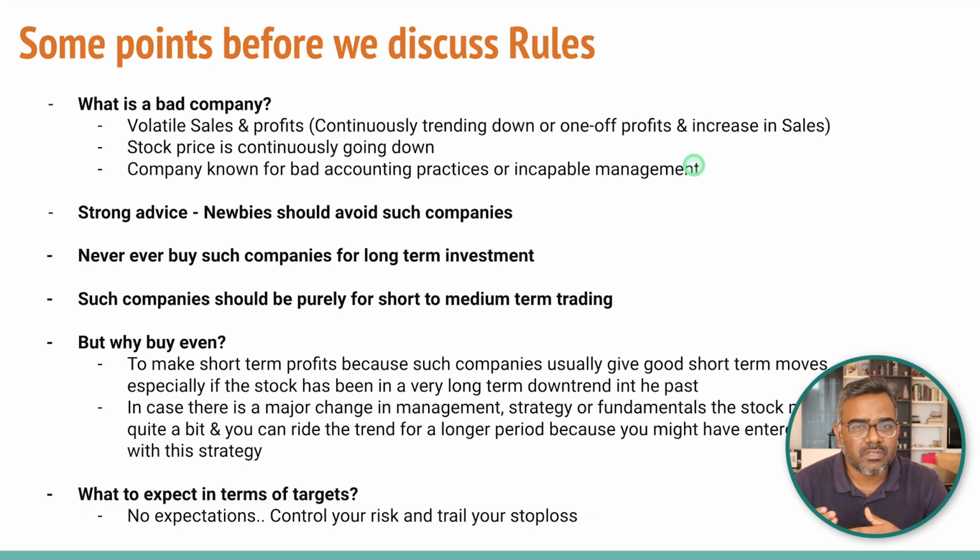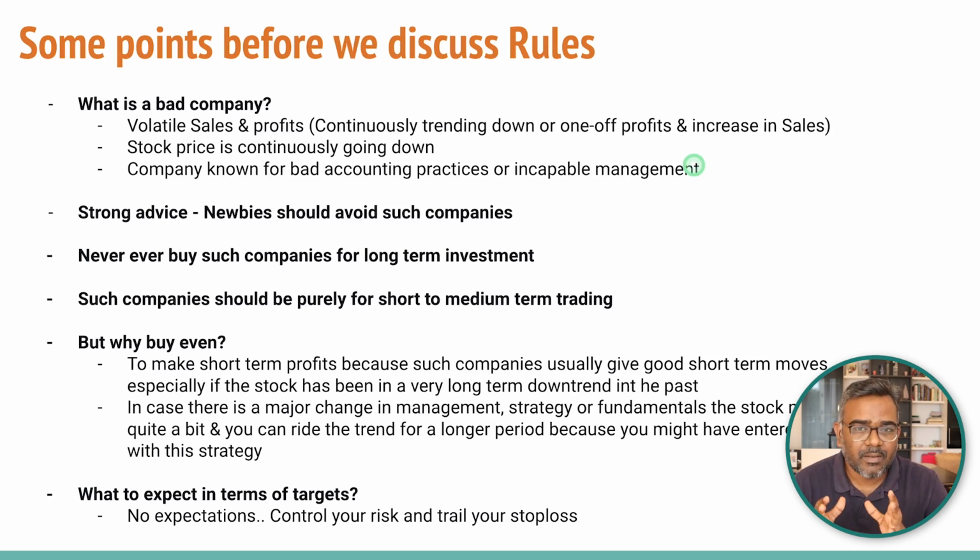It can post very good sales in one year, and in another year can post a 50% degrowth in sales. It can post profits in one year, and a loss in another year. And the trend can be really confusing. Penny stocks are companies which usually have a very small market cap, usually 20 crore, 30 crore, 40 crore, even 100 crores. But anything which is pretty good in terms of sales and profits will not fall in this category.